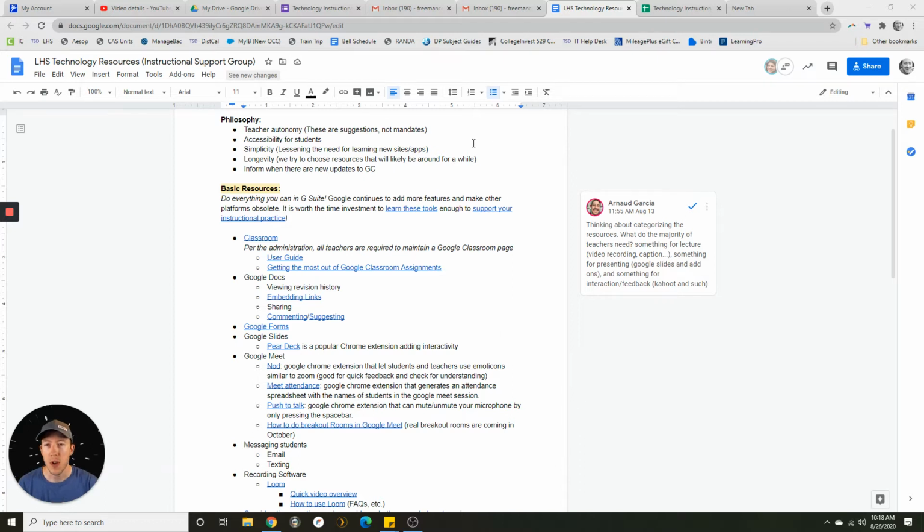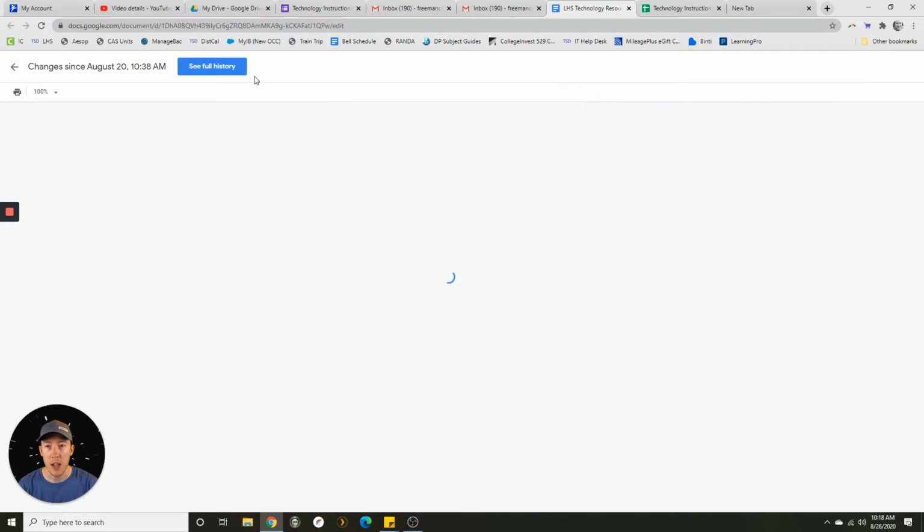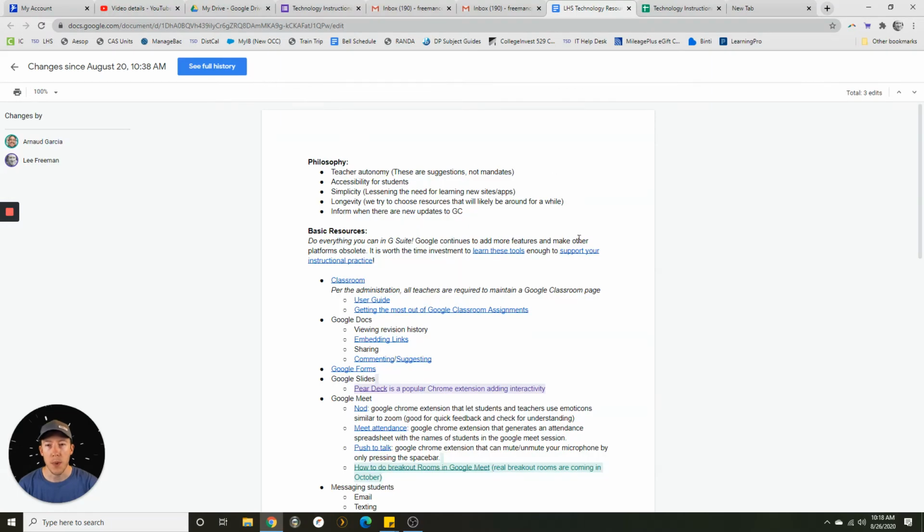So here we are in a doc, and the way that this appears changes depending on how the document's used and how recently it's been changed. Right here we see this button that says See new changes. So I'm going to click on that and it will open up my edit history. You can see there are two people who've made changes here since the last time that I've been in the